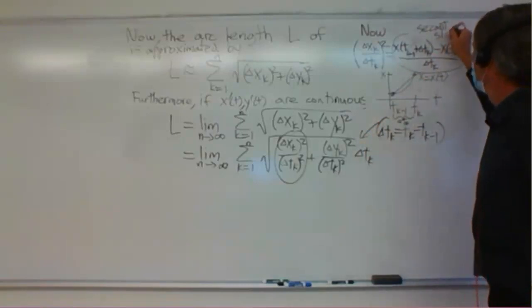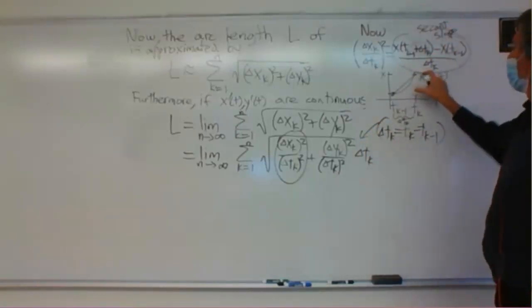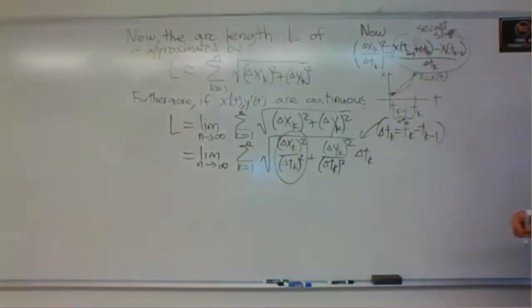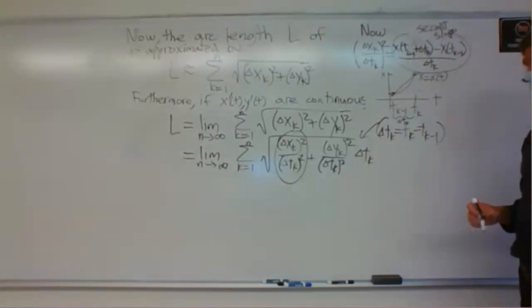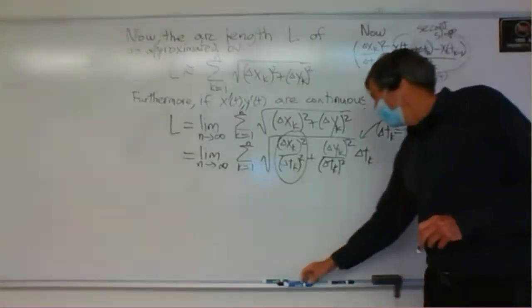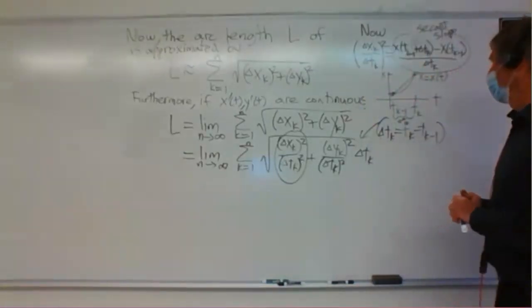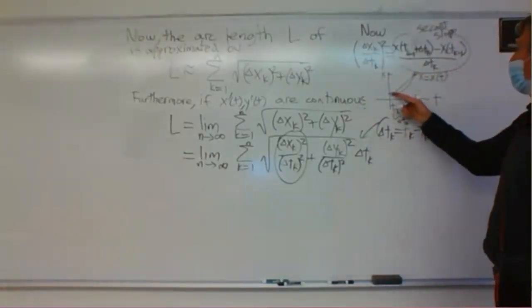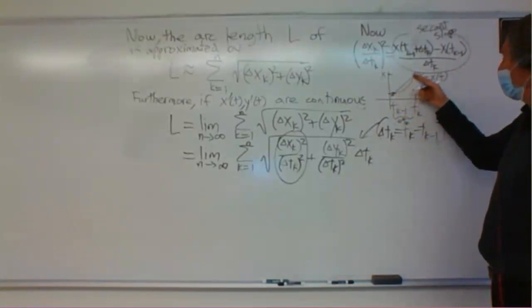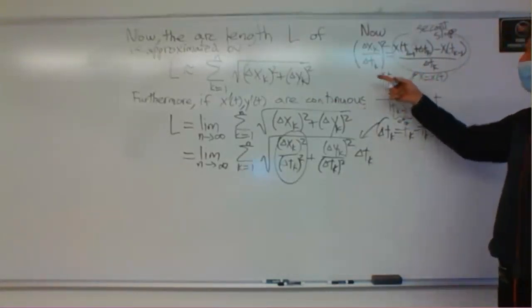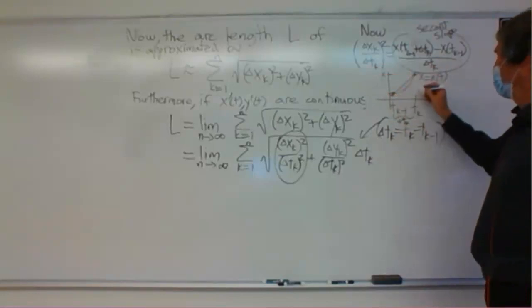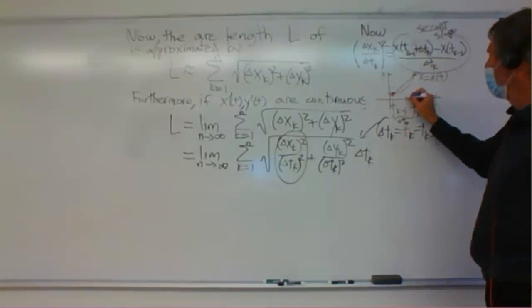All right? It's the rise over the run. That's what that is. Now, there was a theorem that you probably haven't used since that we're going to need now. It didn't seem very important at the time, probably, that says when you have a function with a continuous derivative, that's what we said, we're going to posit that this is a continuous derivative,